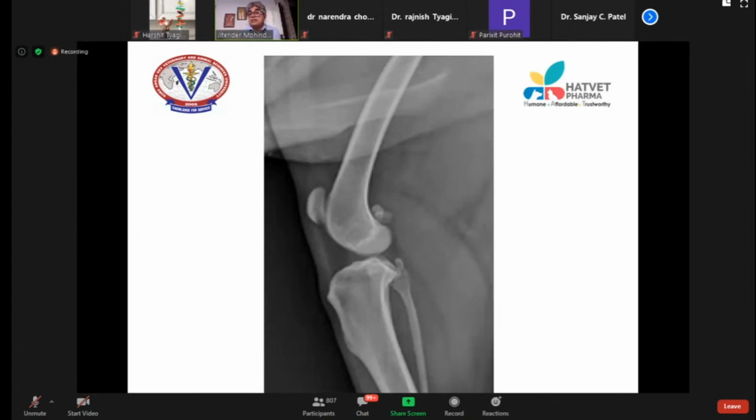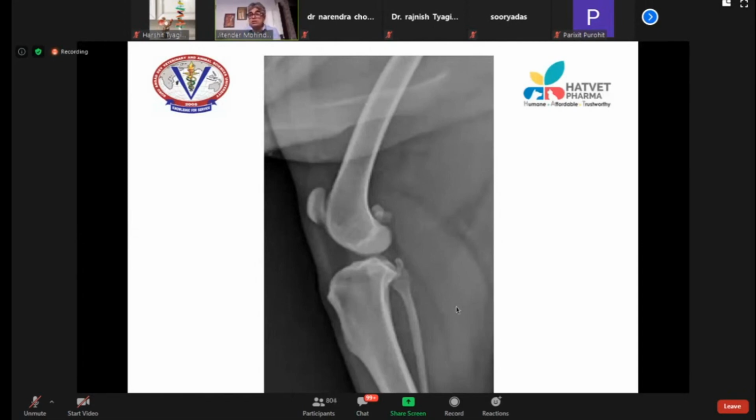Once there is cruciate rupture, or there is some trauma to the stifle joint, or there is arthritis, or synovial effusion, or there is some fluid in the stifle joint, then what will happen is this area will enlarge and push the fat cranially. So the fat will become small and the whole area will be covered with soft tissue opacity. Then you will start seeing soft tissue opacity here, and you know that there is some problem with the stifle joint. Most commonly it is the cruciate rupture. I'll show you some radiographs of cruciate rupture as we go along.